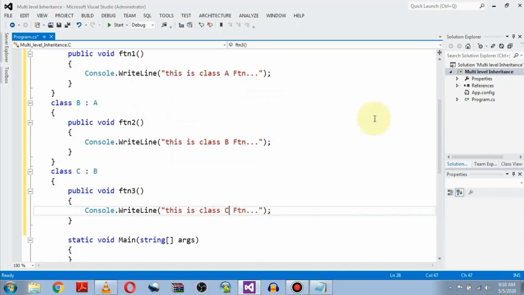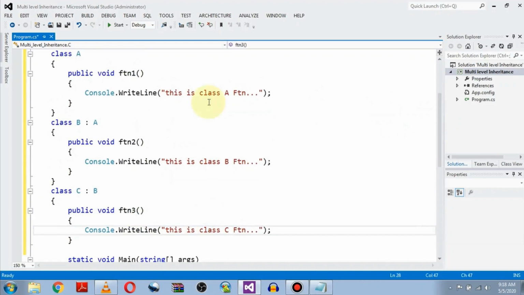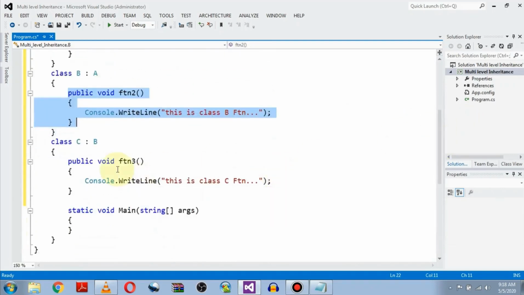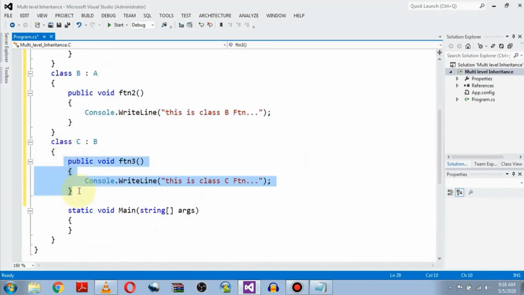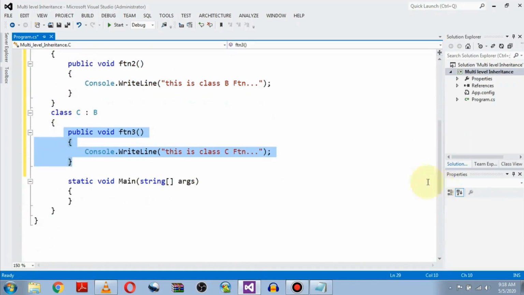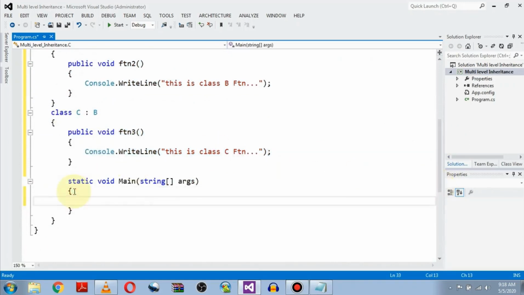If you can see, now we have a class A function, function 1, which just prints a simple message, then class B having function number 2 printing a simple message, and in C we have a simple function number 3 printing a simple message, just to show you how these classes will work or be connected. So let's create an object.